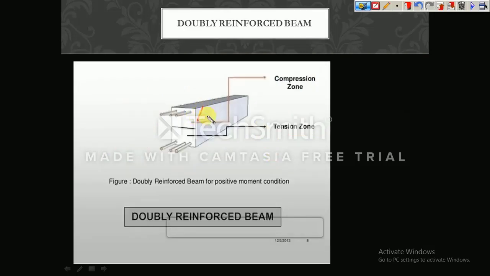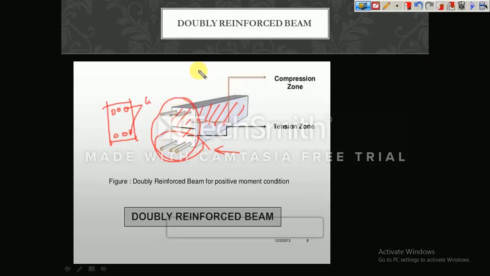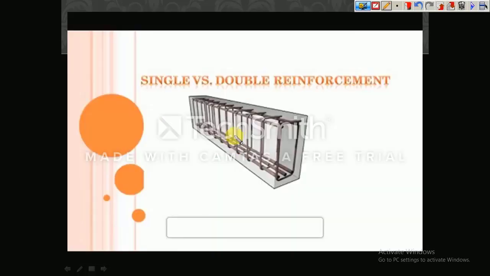See here again the same thing. This is the longitudinal section, this is the cross section. If I take a cross section over here, in this figure you are seeing at the bottom also steel and at the top also you are finding steel, so it is called a doubly reinforced section. If the steel is provided only at the bottom, it is called singly reinforced, and in this we can see at both the bottom as well as the top, the steel is being provided, which is called a doubly reinforced section. So this figure shows how the steels are provided inside the beam.